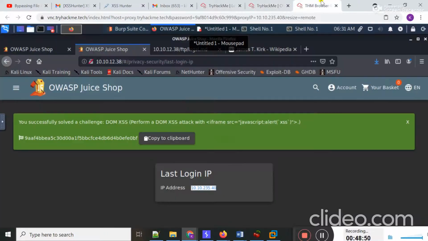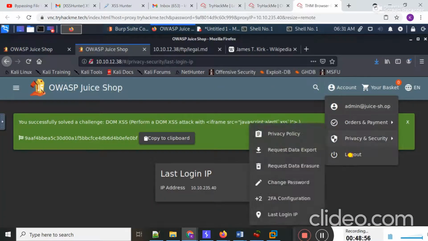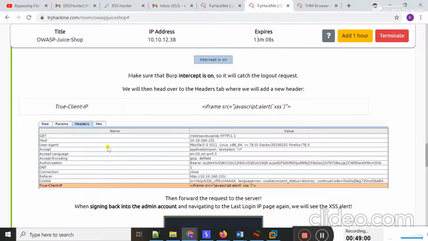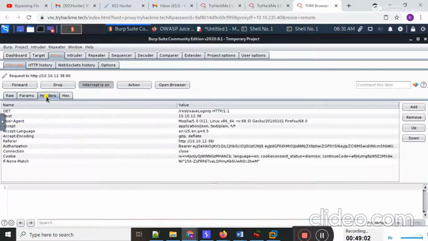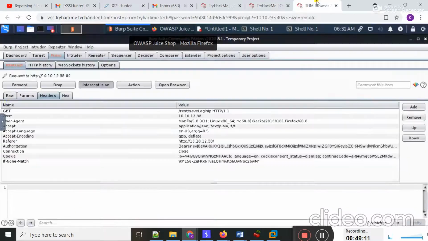Intercept should be on. Now guys, I'm going to turn on my intercept, and I'm going to log out from this user. Okay, if I move to the header section, make sure that the intercept is on so it will catch the logout request. This is